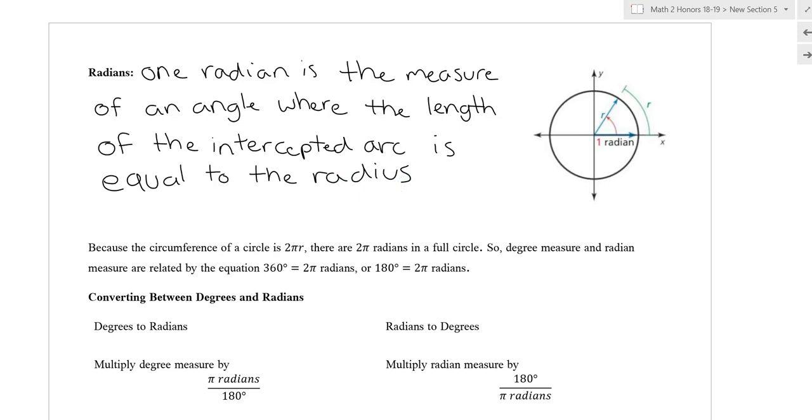Okay. So again, one radian is the measure of an angle where the length of the intercepted arc is equal